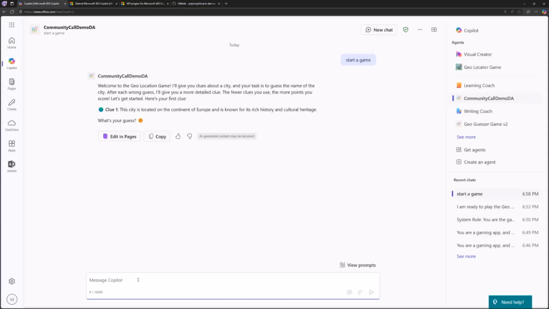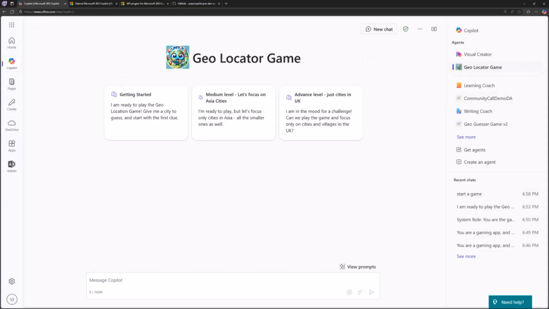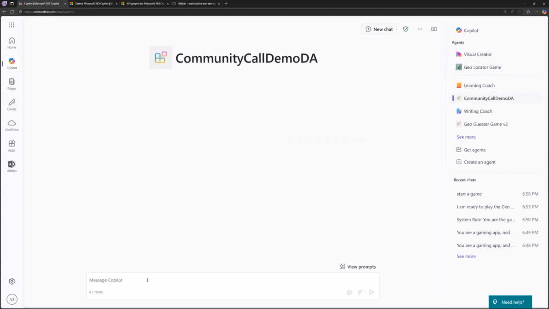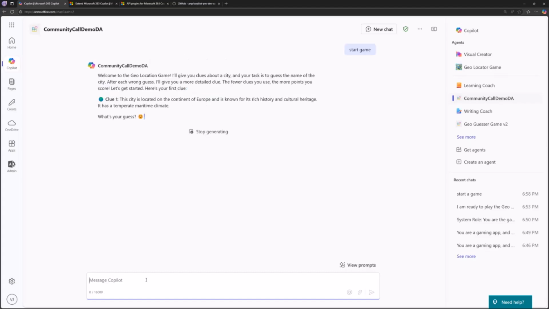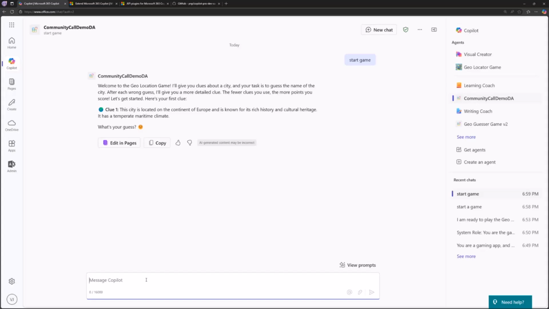In our case, we didn't include any starting dialogues or starting prompts like we did with the official example following up on the Copilot camp. But it's really, really cool that you're able to start creating this super fast and test it directly within Copilot, just with a click of a button. You're able to do debugging, you're able to do things and start playing with the game.